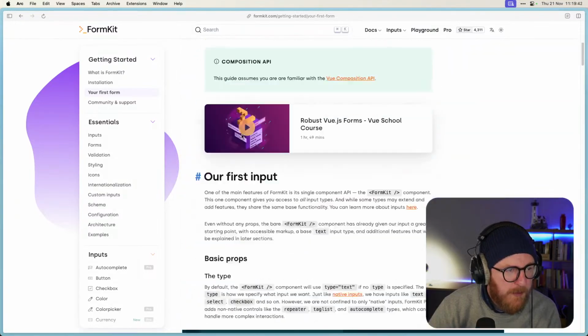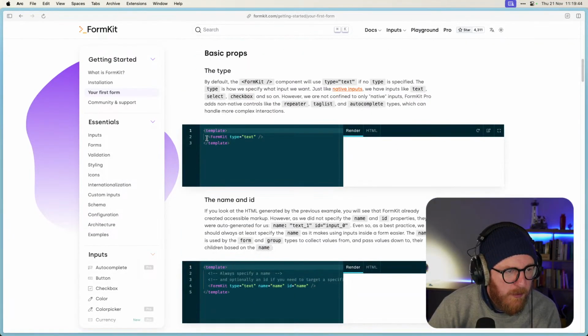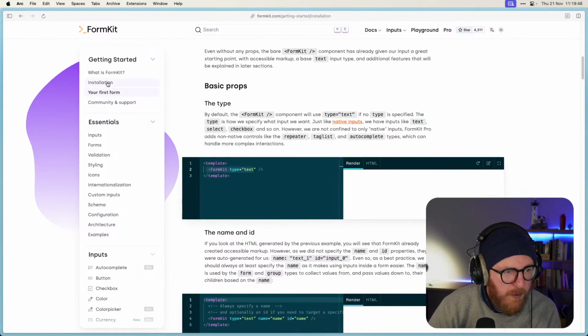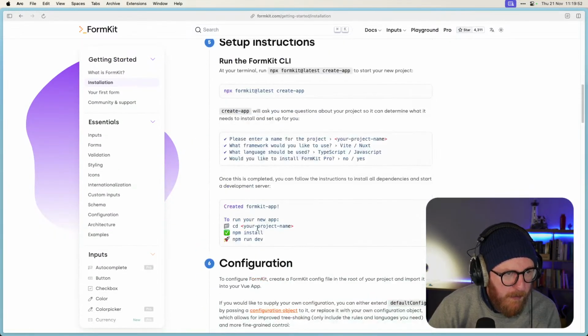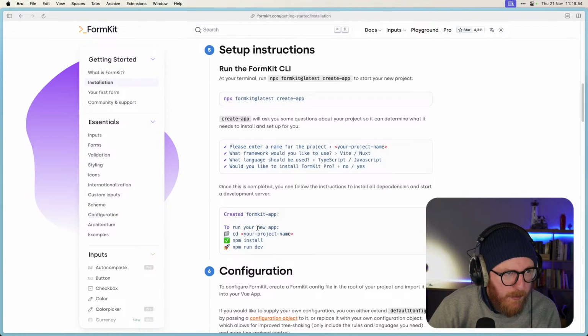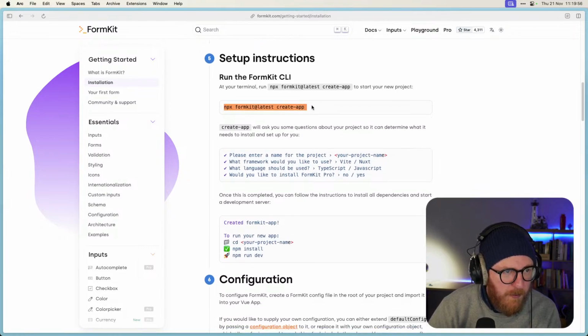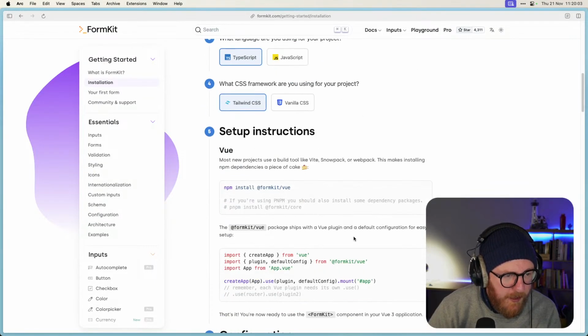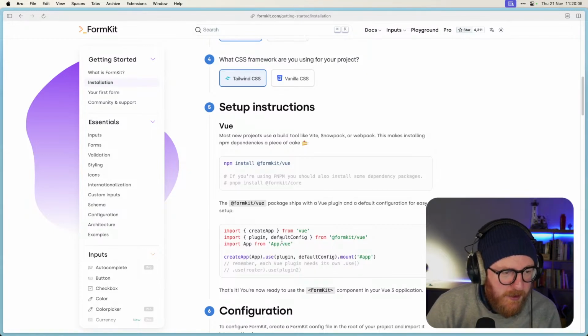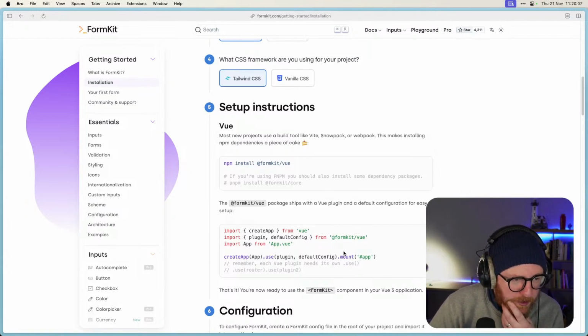That's interesting. And why am I not importing FormKit anywhere? Am I doing this wrong? Right, there's no import here. Was I supposed to, in the installation, add something somewhere, magic? Oh, okay. Maybe I need to do this. Hold on. So this is an existing project. I've done this. It would help if I read the instructions. So I need to